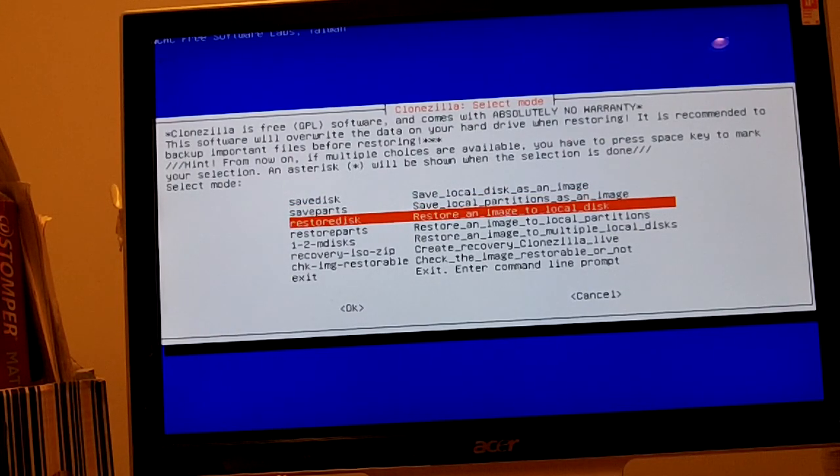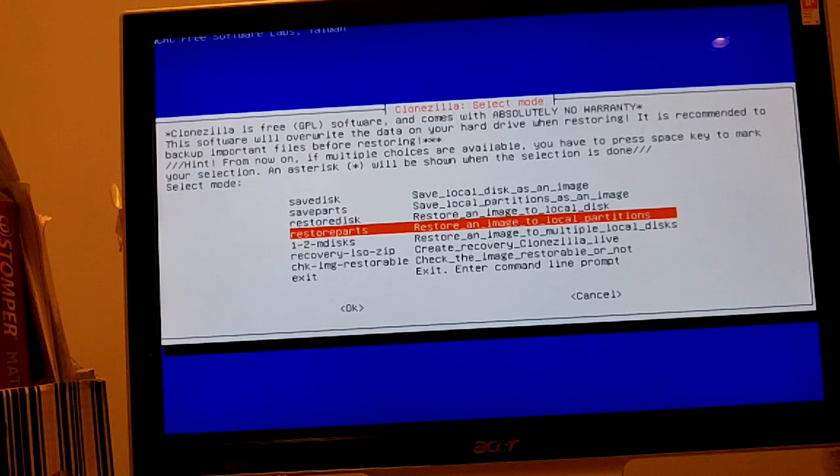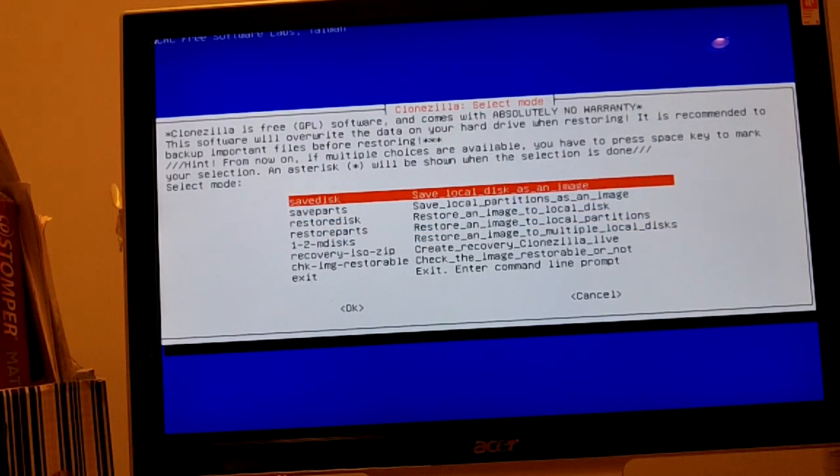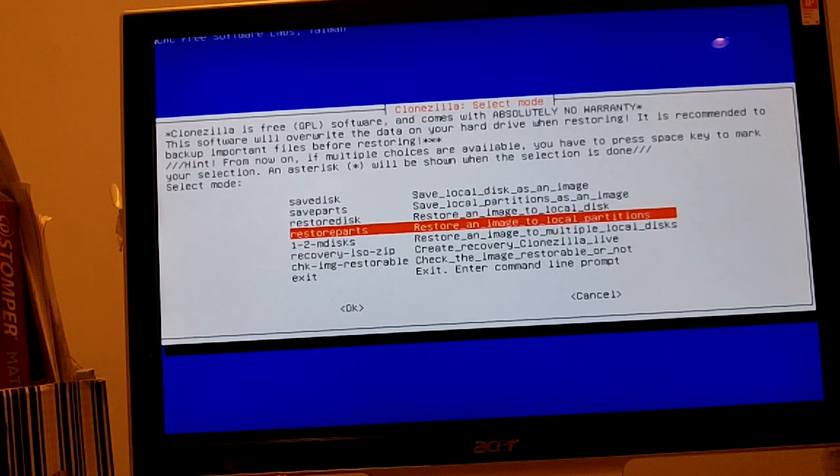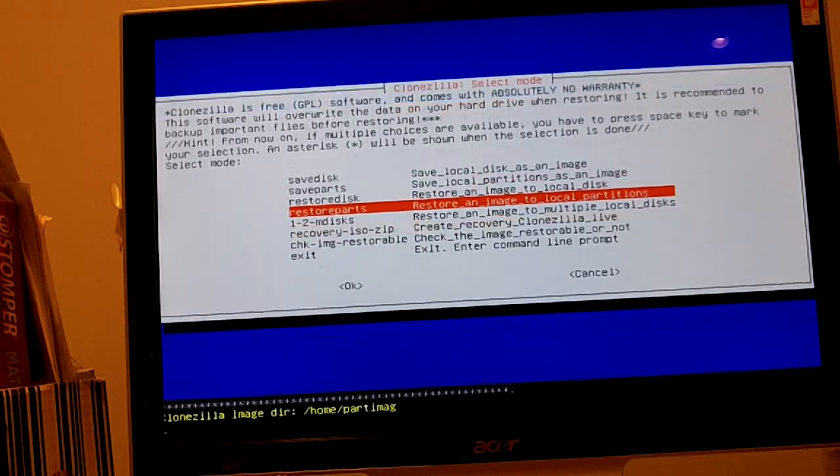Same here, restore a whole disk with all the partitions, or restore just certain partitions on a disk. So in this case, for DD-WRT Optware, we're going to use parts because I'm only restoring the Optware partition. So restore parts,